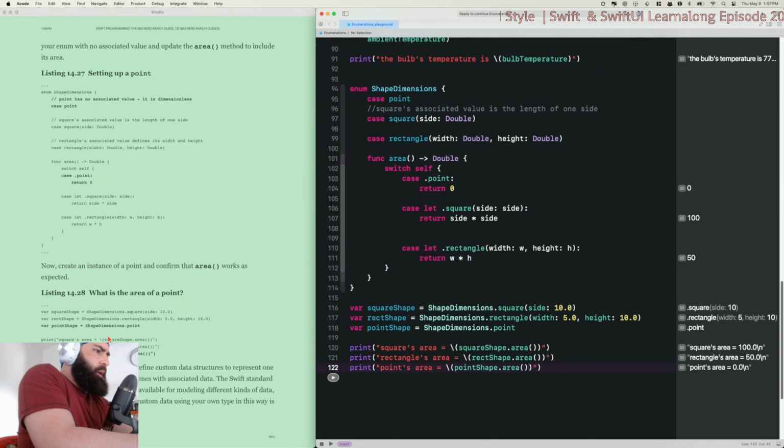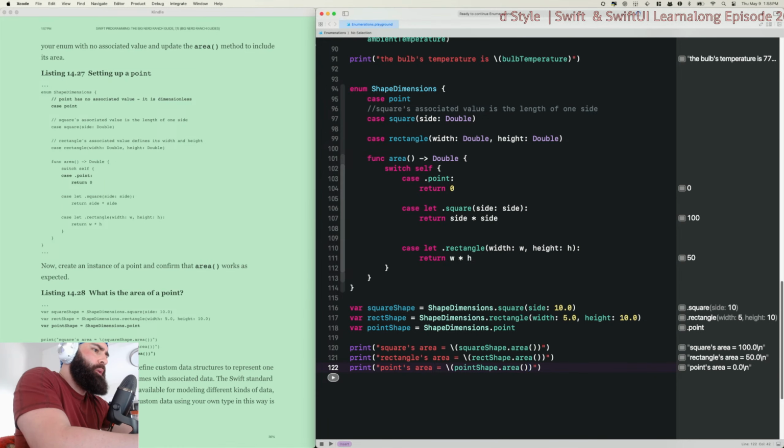In this chapter, you saw how to define custom data structures to represent one of a discrete list of values. Yes. Sometimes with associated data. The Swift standard library has a wide range of types available for modeling different kinds of data.